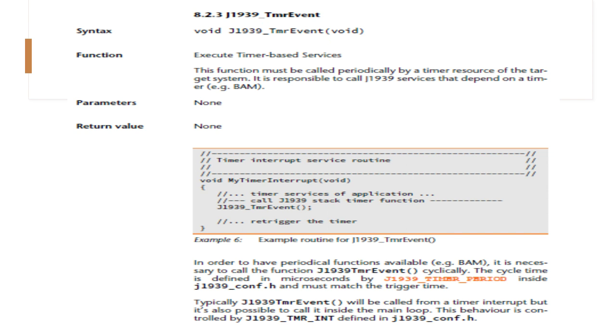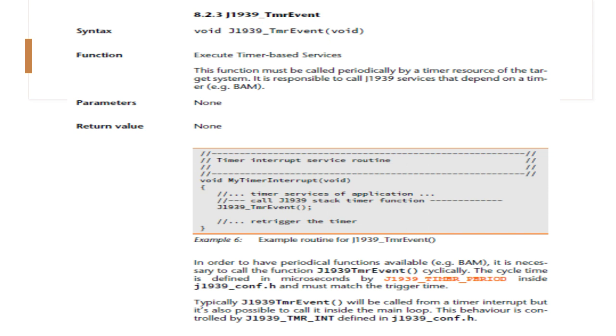Here you can see my timer interrupt. Inside that, the timer services of the application call some J1939 timer stack function. So you use this timer event function in order to run periodic functions, for example BAM.